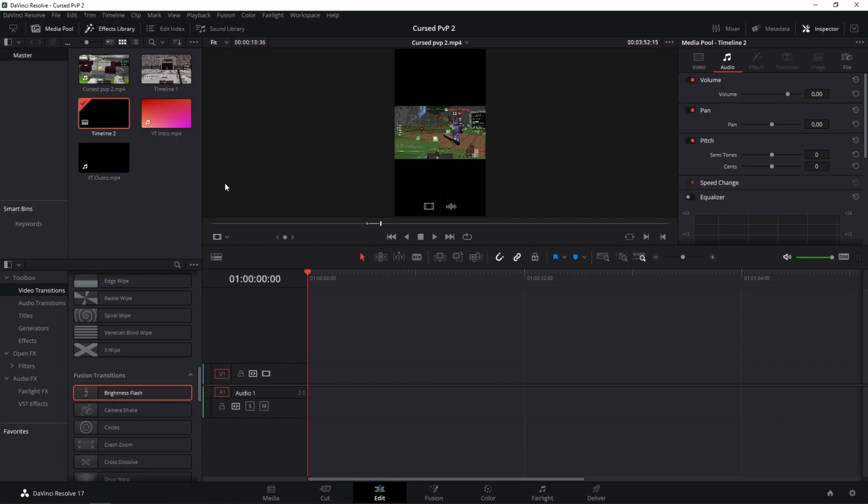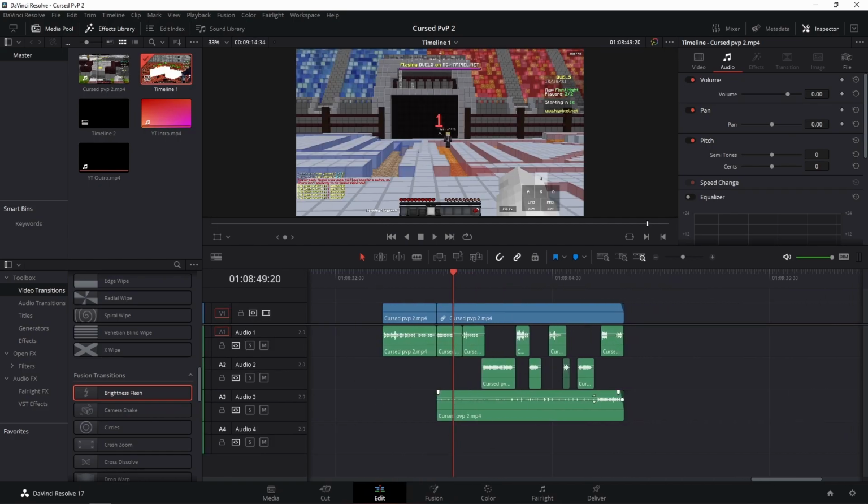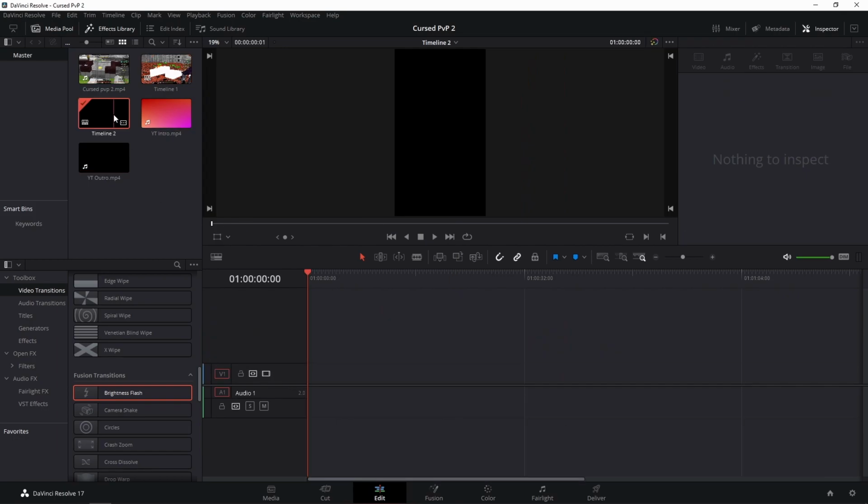Now obviously there's going to be nothing in this timeline, and we need to go and grab the footage from the timeline we did our cutting in. To do this, we go to timeline 1 and double click it to go back to it. Here we can select our short form content by clicking and dragging and pressing Ctrl C to copy it. Then we go back to our media pool, double click timeline 2, which will bring us back to our vertical